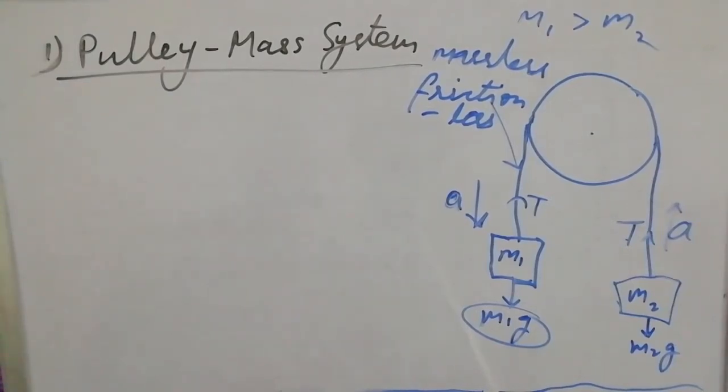Why are we saying uniform? Because if the string is of varying mass, varying section, varying length, then the tension generated in the string will be different. Suppose at mass m1 the string connected is thicker, and at mass m2 the string is thinner, then the tension generated at m1 will be different from the tension generated at m2. So these are other things. Okay, let us focus here now.